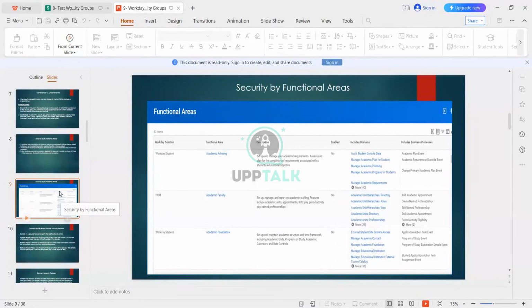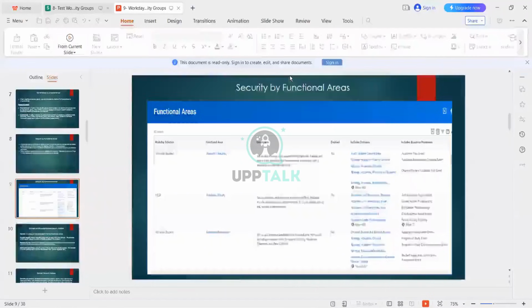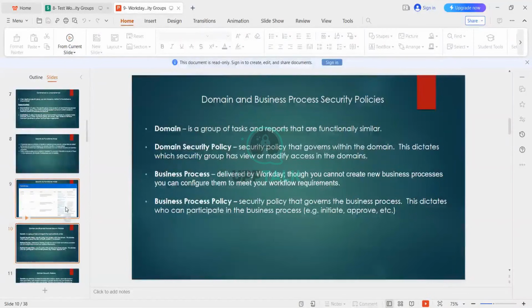Can you hear me, Ankita? Yes. Ankita, in this functional area, I have seen that there are around 53 business processes. So you are asking what the business processes are. We covered in the last session all the business processes, including hire, ready to hire, termination, and job change. Everything will be part of this functional area